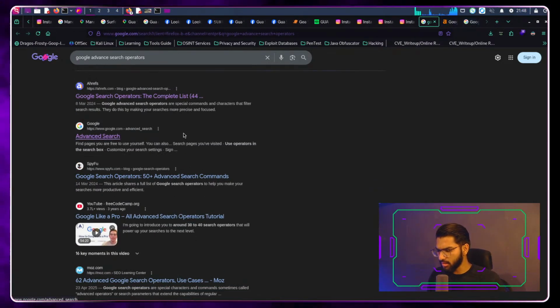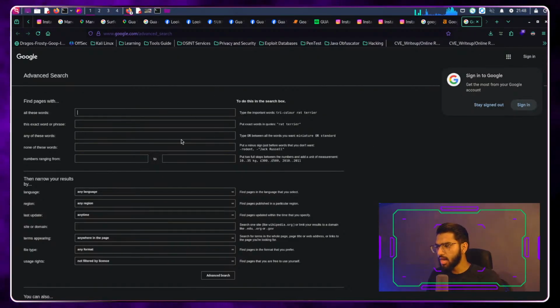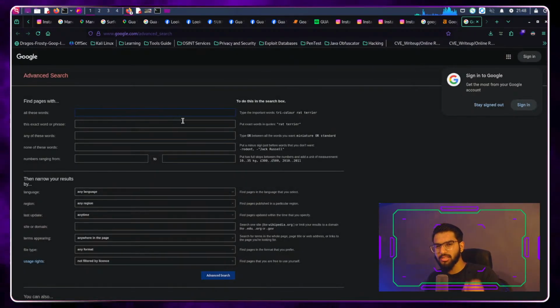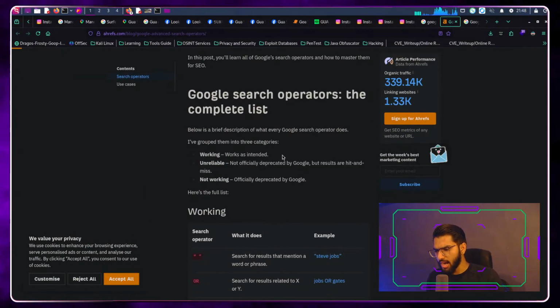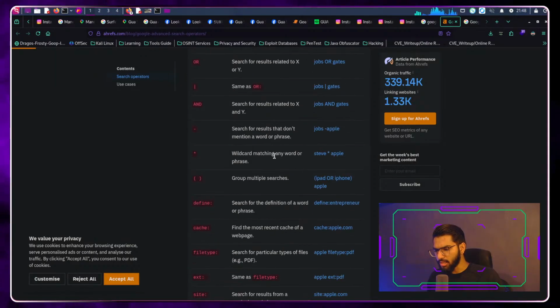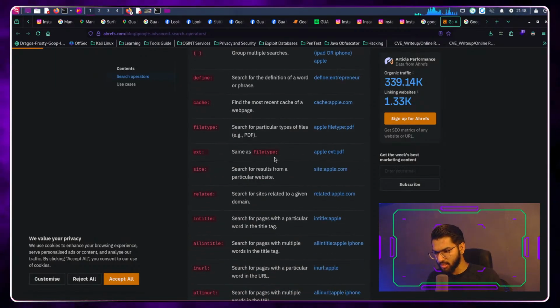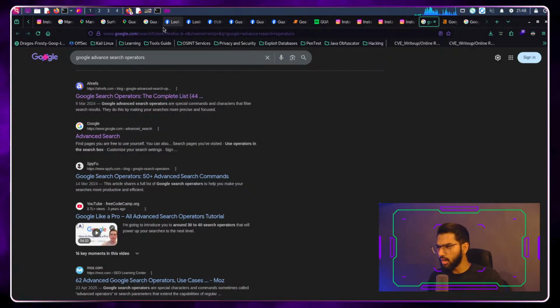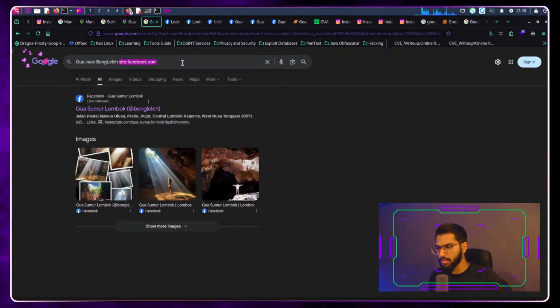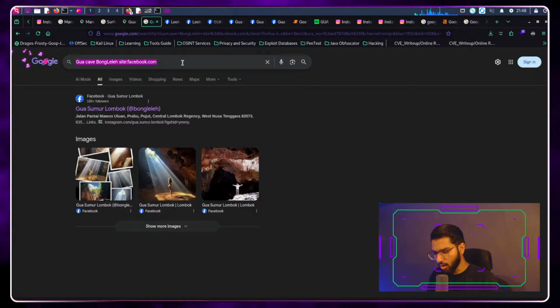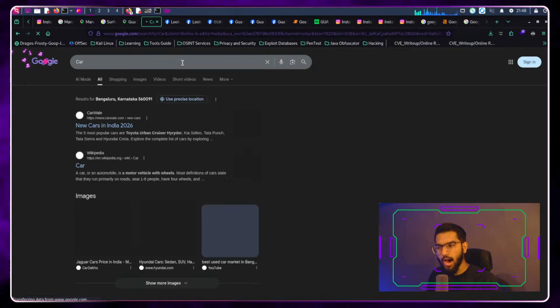If you come here to advanced search and then come into this section, you can filter down to a single very specific piece of information. Now the easier version of this can also be found from this website, where they specify what the specific code words are that you can mention. One example that I showed earlier was the Facebook one, where if I put in any query like site and then pass in the domain that I want to specifically search for, you will get results only related to that domain itself.